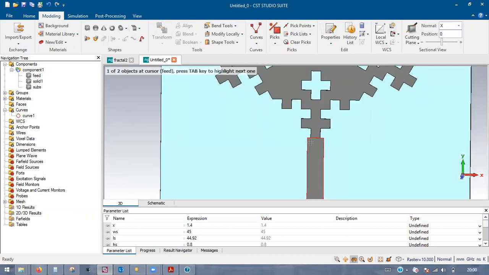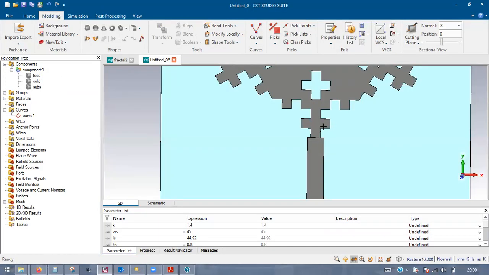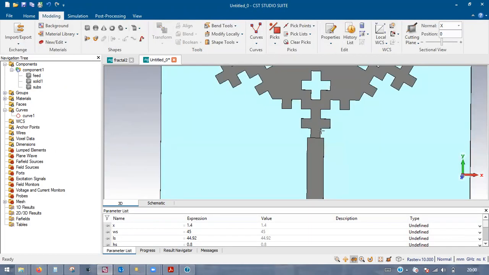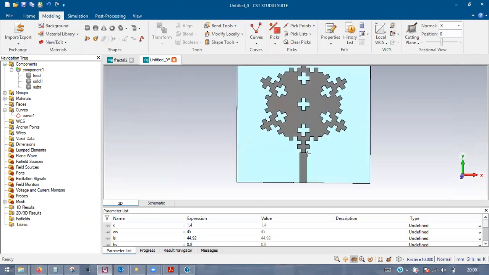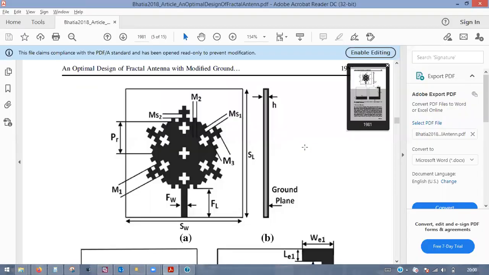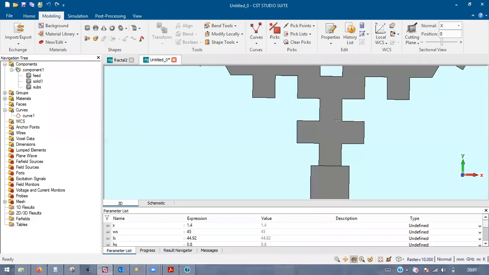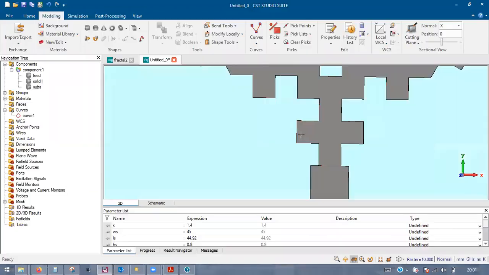So yeah. So now these two are inside, right? So yeah, if you see here, this structure is not there.